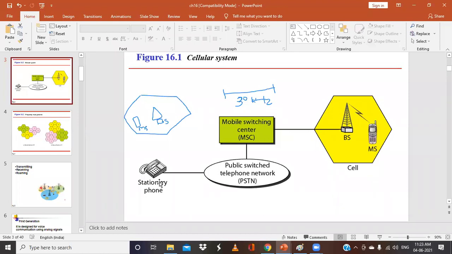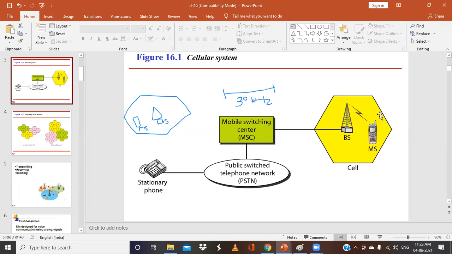Once that number is dialed, you are just sending some data. The number that you are dialing is like a piece of data. So the mobile station then scans a band. A band is nothing but a channel. So it scans a band and sets up a channel with the nearest base station. When we are dialing a number, this mobile phone will scan the band and send the number, or that particular data, to the nearest base station.